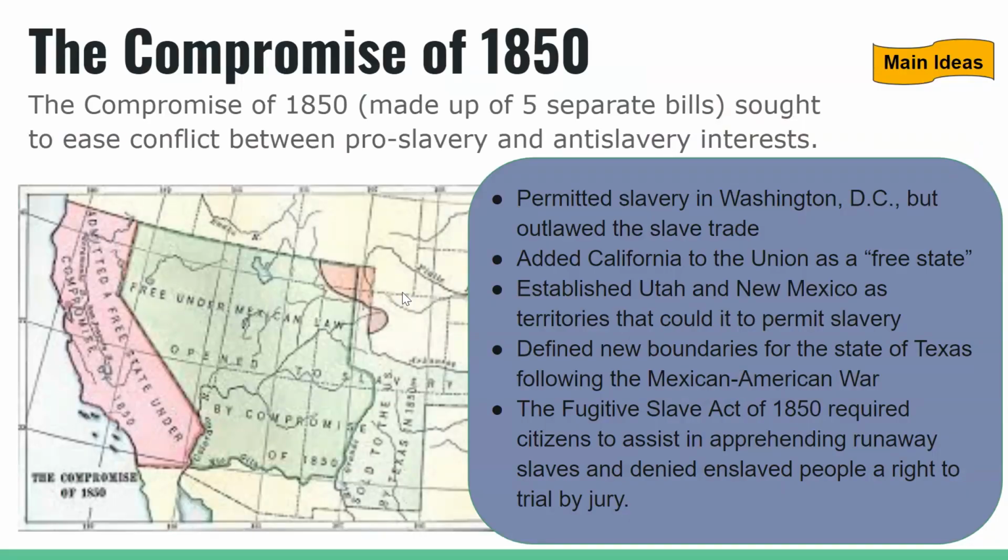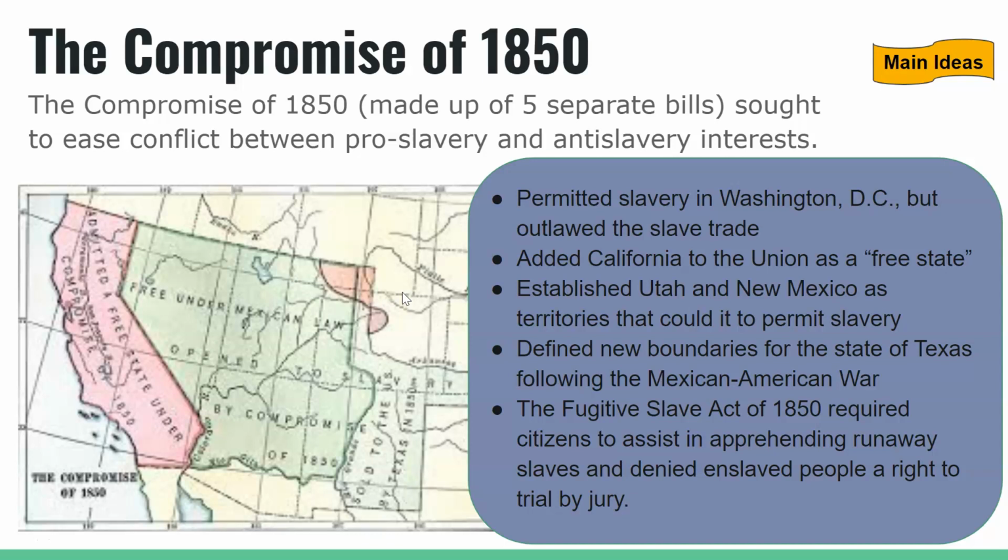In 1849, when California applied to become a state without slavery, it upset the balance, and Southerners talked about seceding or leaving. The Compromise of 1850 was an attempt to stop the South from leaving the Union. It did the following things: